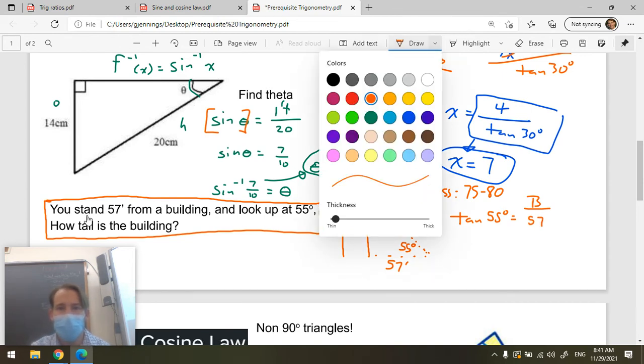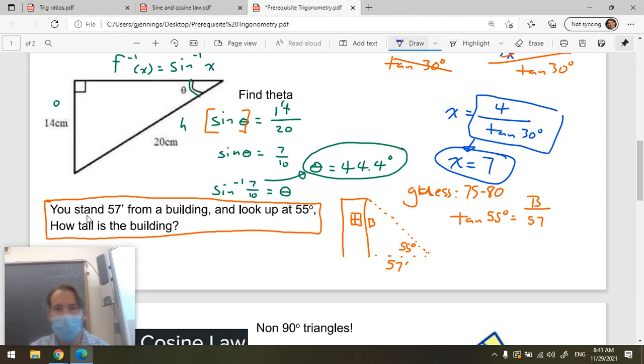And then go ahead and use your inverse operations. You're going to multiply both sides by this denominator, multiply both sides by 57. And there is what you can punch on your calculator to calculate B. So B equals 81.4. We just missed 81.4. So we could say 81 feet, 81.4 feet. Therefore, the building